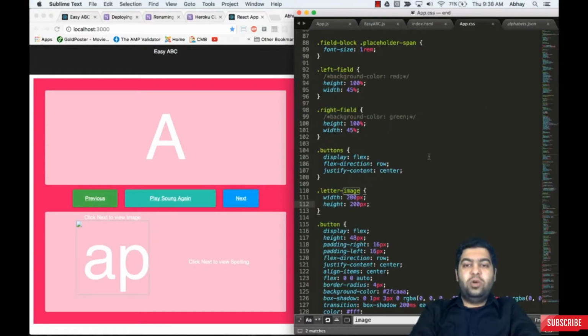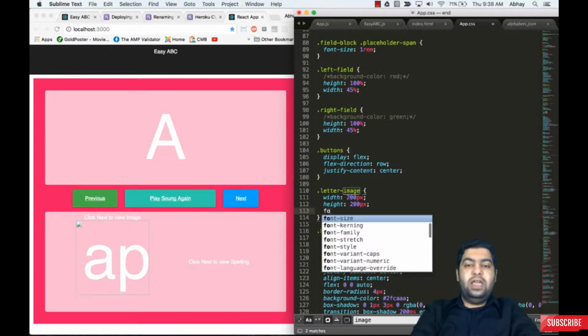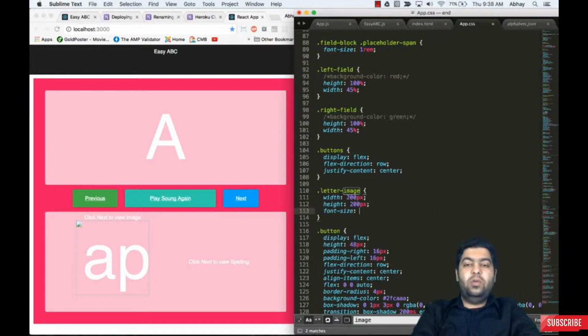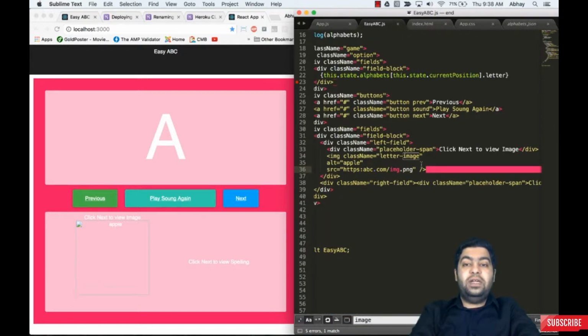So I'll go to app.css and add a font size to make it 1 rem, because I'm using everything in terms of rem. When I do that, if the image doesn't load, it will give me apple. I can make this dynamic too, because it may be a bee or a ball or a banana. In that case, instead of apple, I can make sure that I use the word that I have. So the way we can do it is